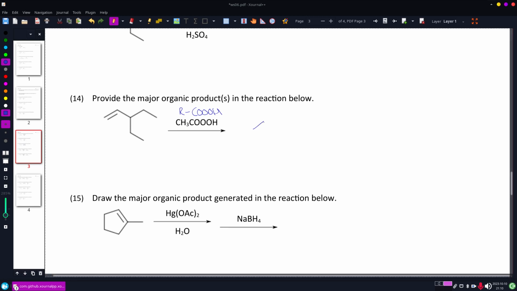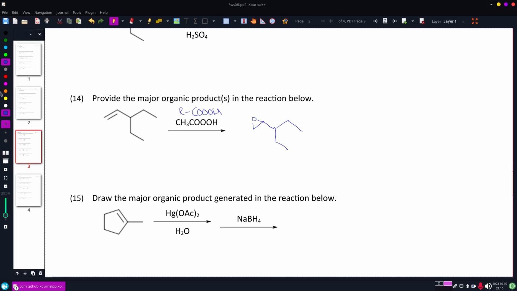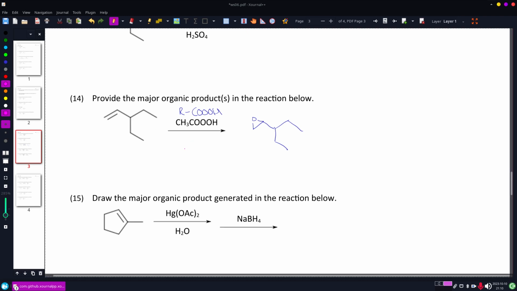Now, that always does one simple thing with alkenes. It turns them into epoxides. So all we really do is add an oxygen to the double bond and make a nice little three-membered ring. Now, in most cases where we want to make an epoxide, we're going to use one of two things. It's either going to be